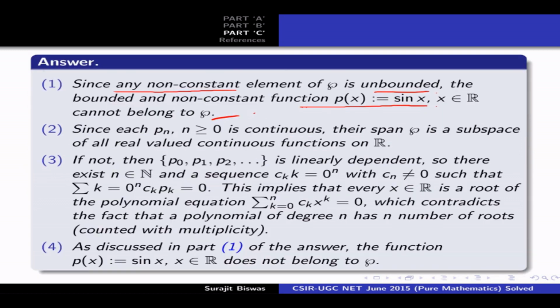If not, then P0, P1, P2, dot dot dot is linearly dependent. So there exists n belongs to N and a sequence